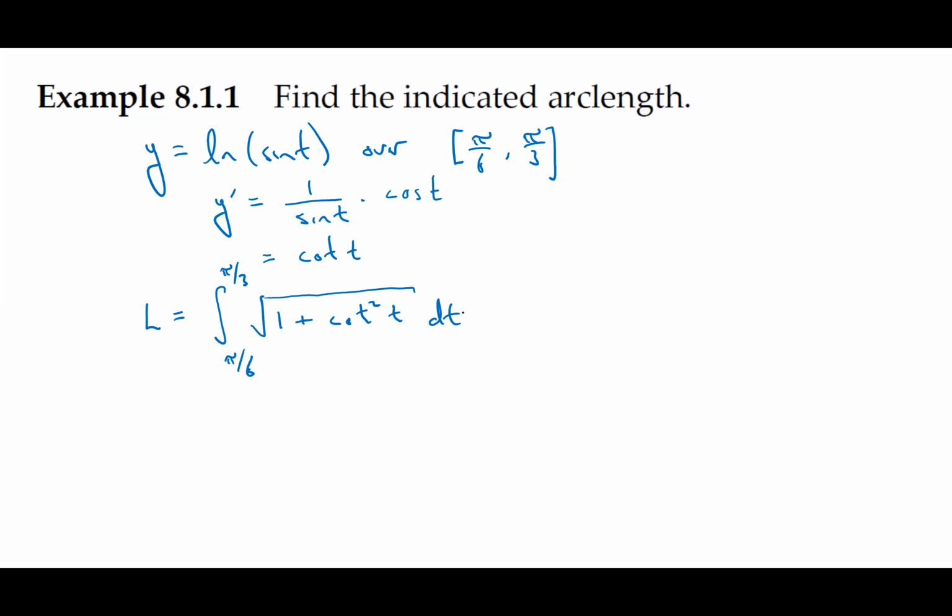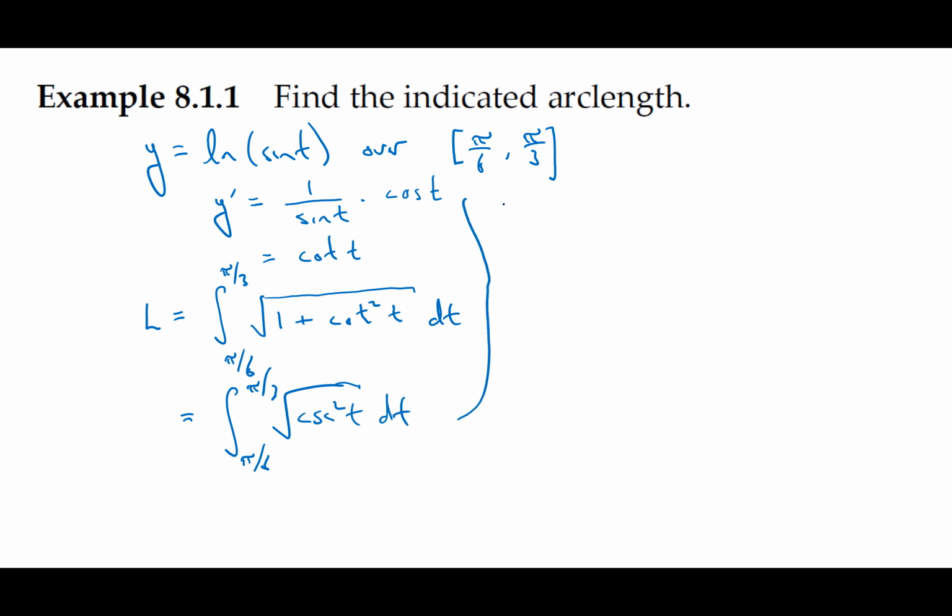Okay? Well, 1 plus cotangent squared. Does that sound familiar? It should, right? 1 plus cotangent squared. What is that also known as? That's right. It's known as cosecant squared. So we have cosecant squared t